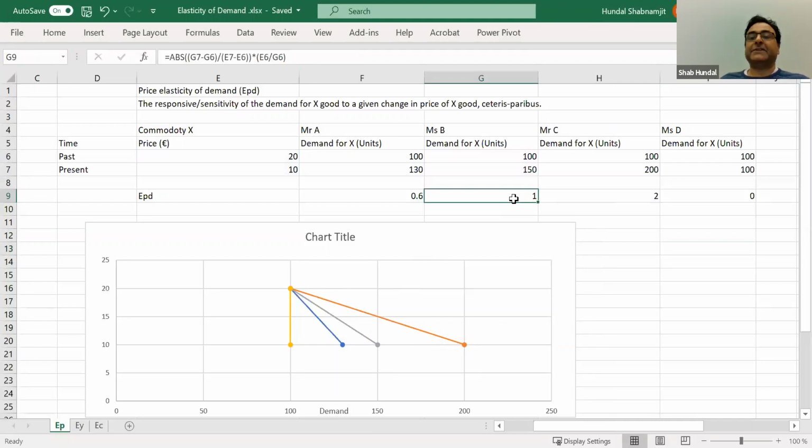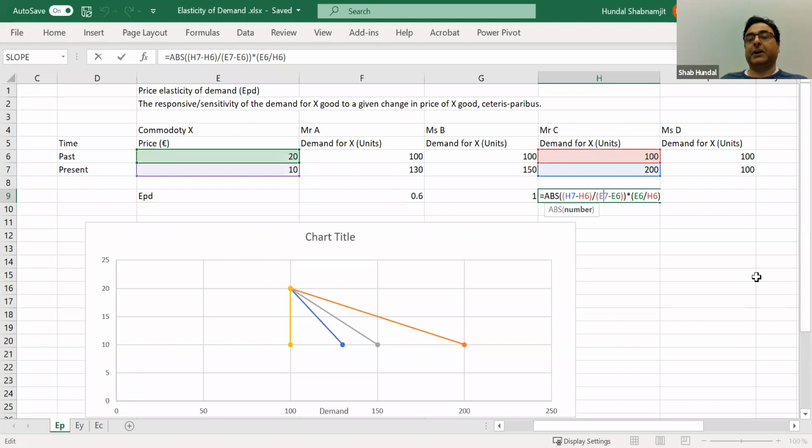And then we have Mr. C. Mr. C's reaction is even sharper. And here we find that the elasticity of demand is actually 2. When you apply the same formula,